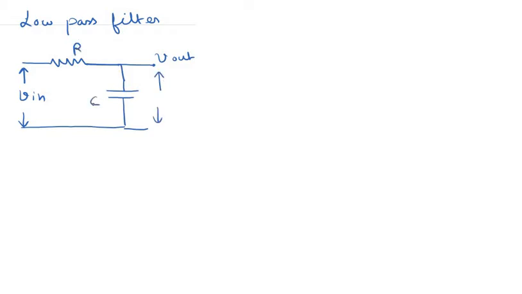So this is a low pass filter, and we saw earlier that V out is basically given by 1 divided by j omega RC plus 1 times V in. If you don't remember, just turn a few pages around. We discussed this in the first lecture actually.